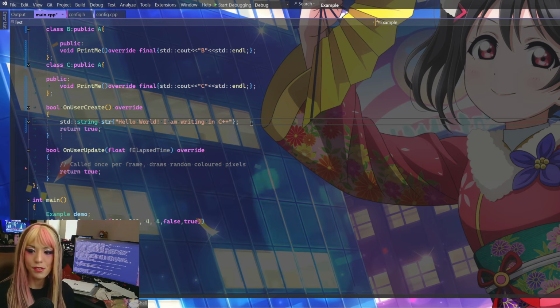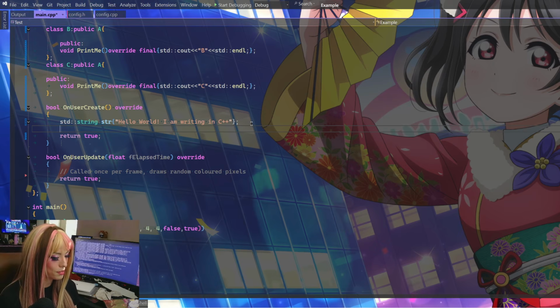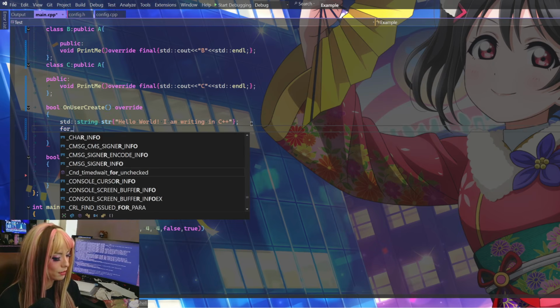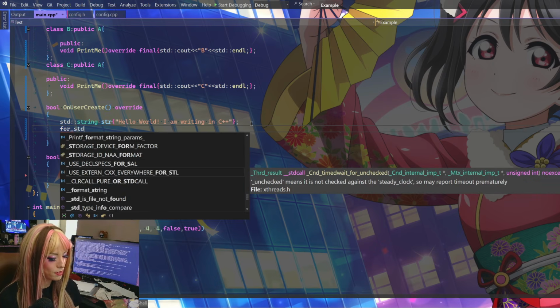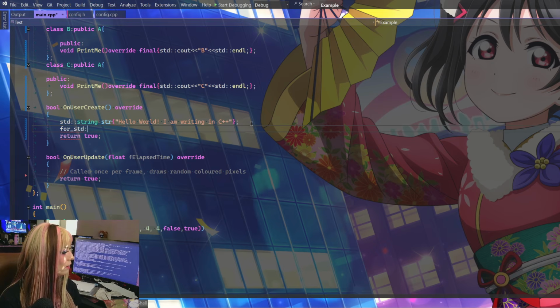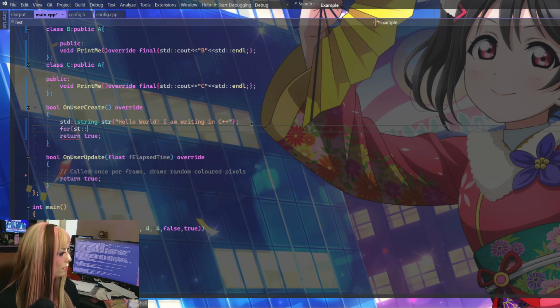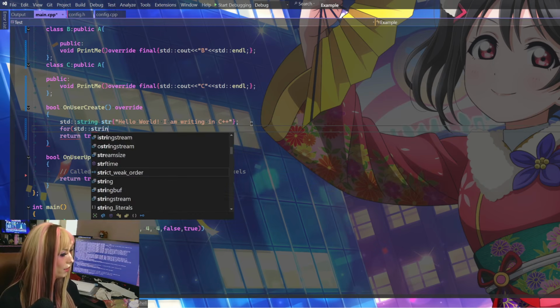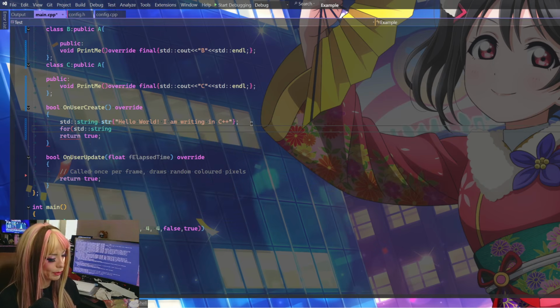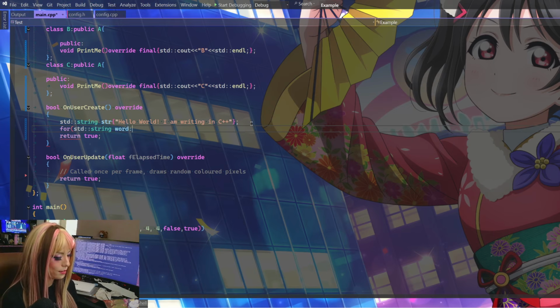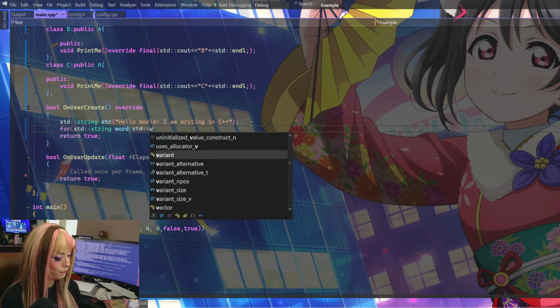And then I want to parse it by spaces. So I'm going to do for std::string word in str or std::views